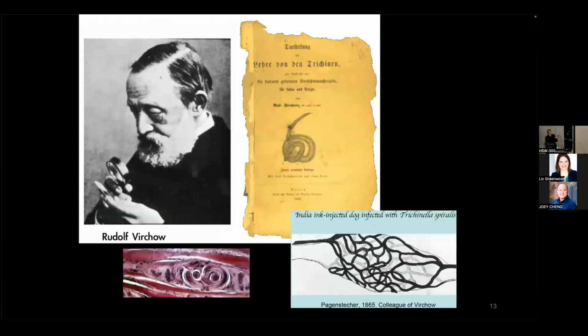Now, I'm not the first person to think about this. Virchow was thinking about these things in the late 1800s, and he was amazed that Trichinella could go into a muscle cell, dedifferentiate, build a vasculature around itself, and wait until you died and had your bones ripped off by a carnivore to complete its life cycle.